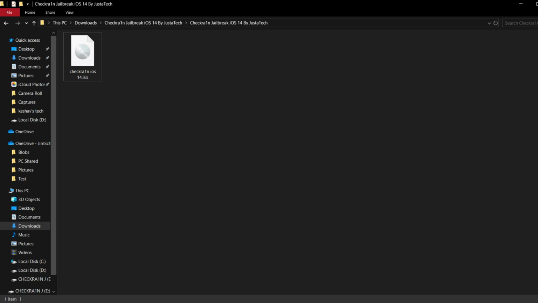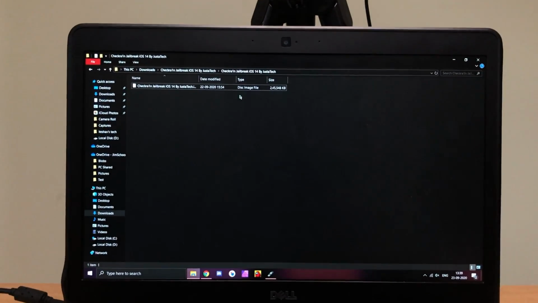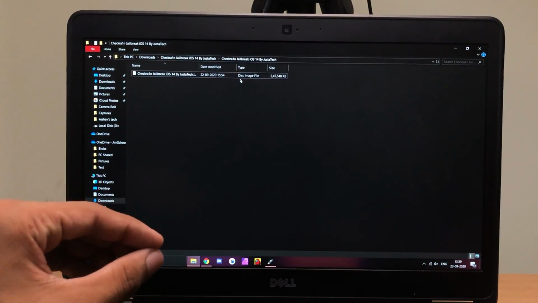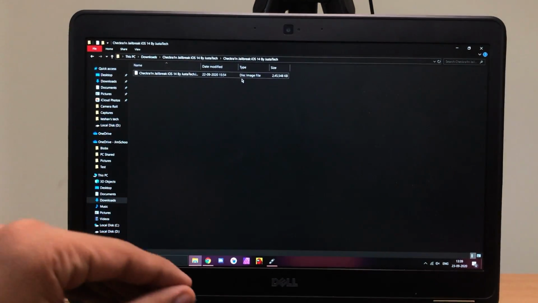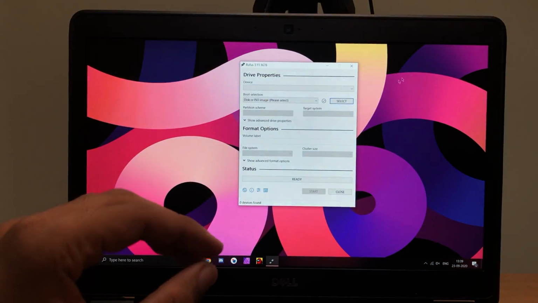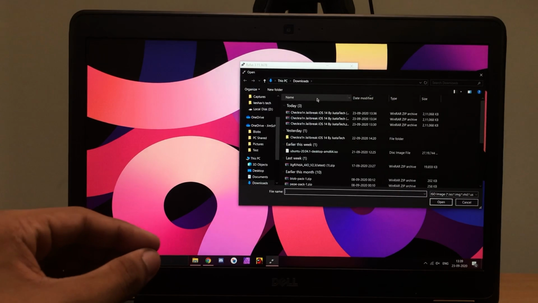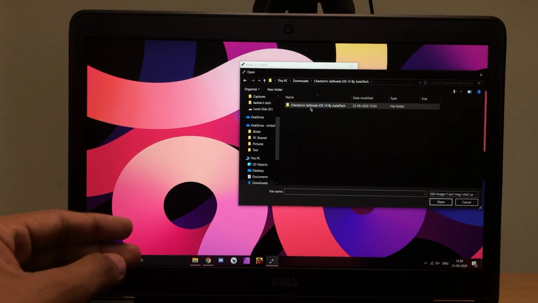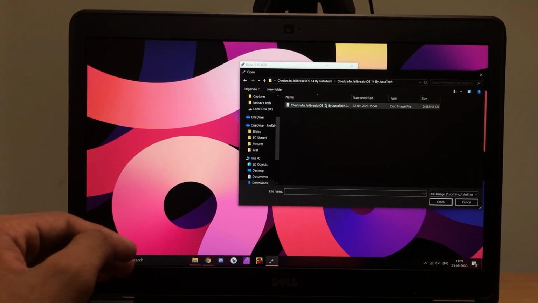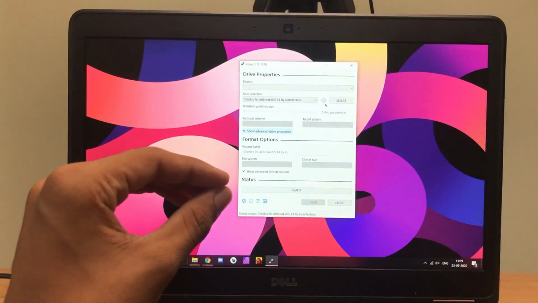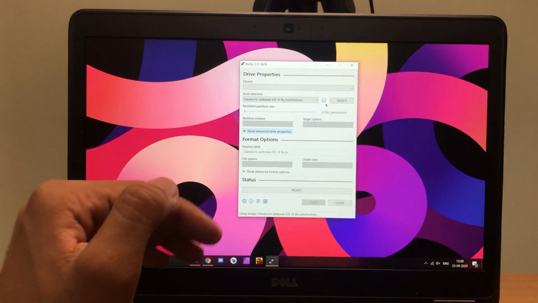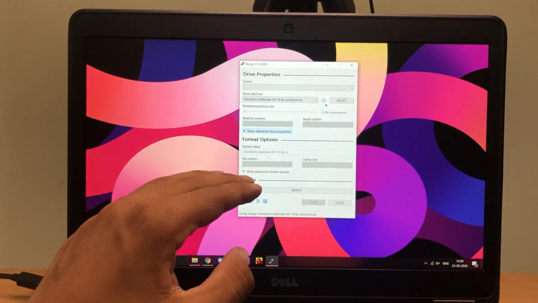That's the file you have to select. That's the file you need in order to burn into your pen drive. So again, I'll explain it in a later part of the video how these things work, but all you have to do is just go ahead and hit the select button, jump to the folder, then again jump to the folder, and there you'll see that disk image. You have to select that 216 megabyte ISO file, not the zip file, the ISO file, into Rufus,